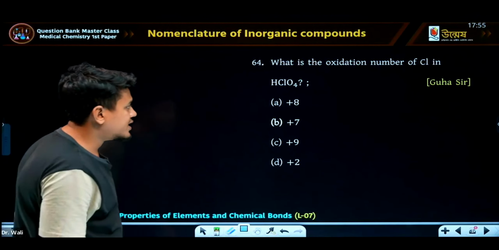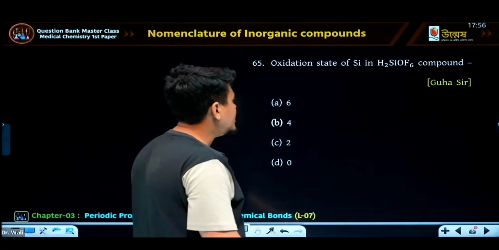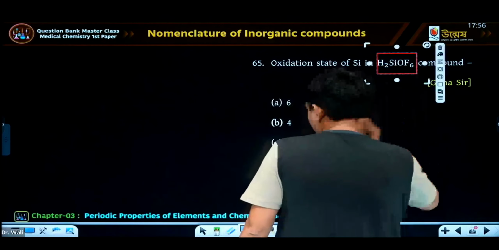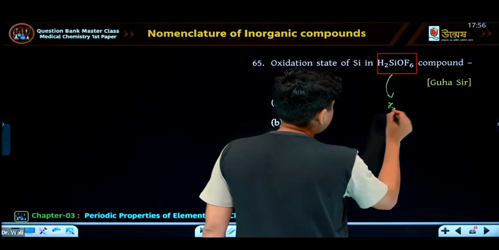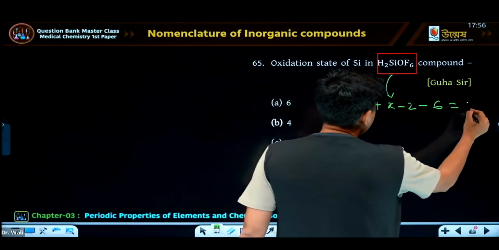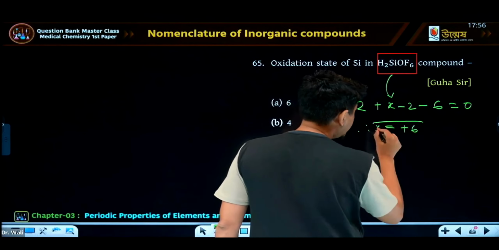What is the oxidation number of chlorine in perchloric acid? We have already calculated this, which is +7. Oxidation state of silicon. Here, if you try to determine the oxidation state of silicon according to the traditional approach, you will find that the oxidation number comes out wrong. Suppose this is +6, +x, this is +2, this is -2, and -6. So eventually, you will get the oxidation number as 8 - 2, which is +6, but this one is totally